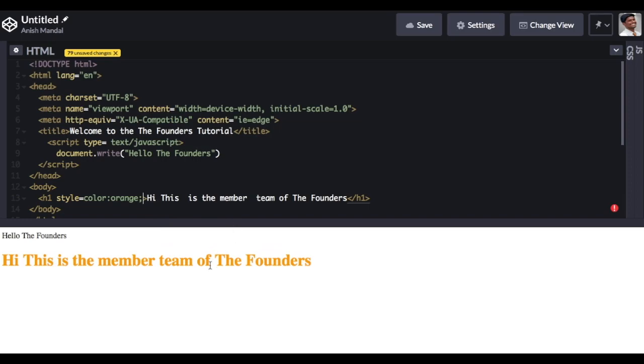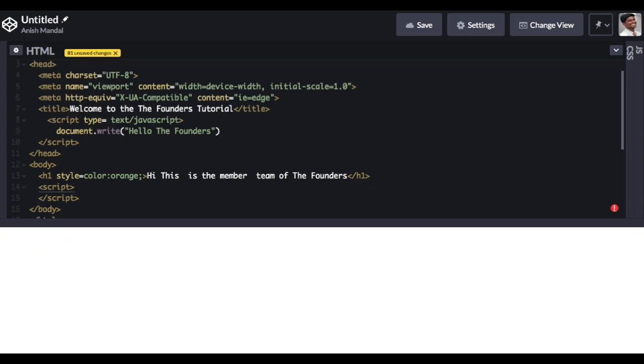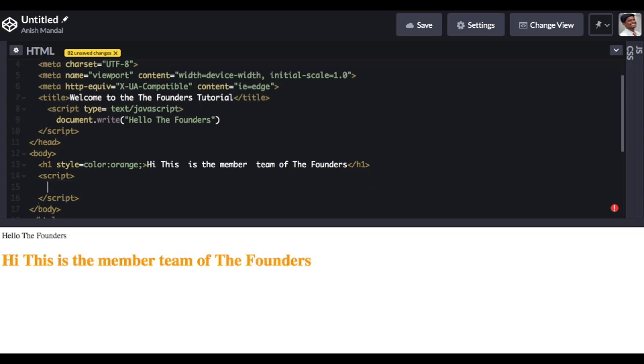So let's go for below first. As I have mentioned, everything should be written in between the script tag. Don't panic about what this document.write is. This is a function in JavaScript. We'll be discussing this term later in a different tutorial.